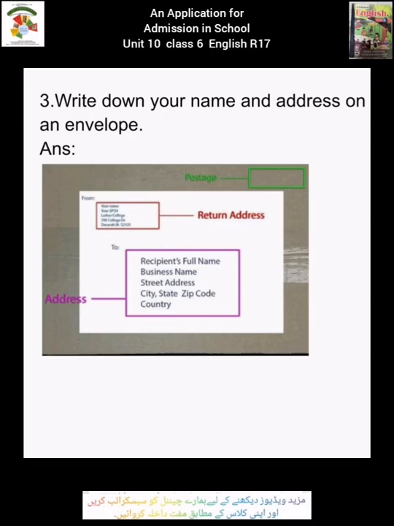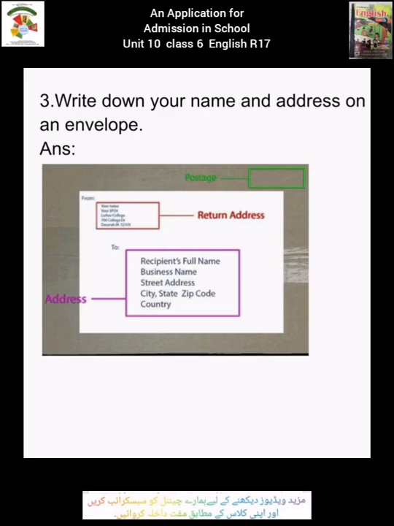Write down your name and address on an envelope. So now this is a picture. Here you can see whenever you are posting a letter, on the envelope you are going to write something in a pattern. For example, you write your own name and your own address. Okay, so this is the return address, then the address to whom you are sending, the recipient's